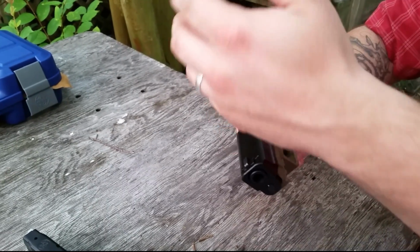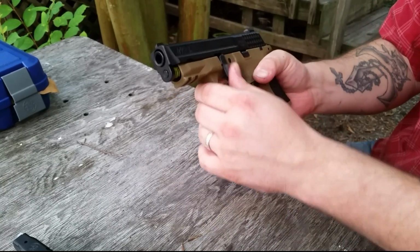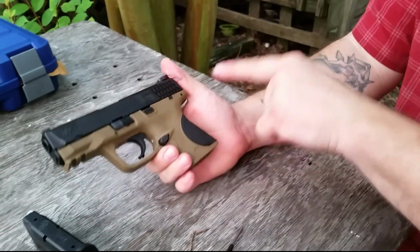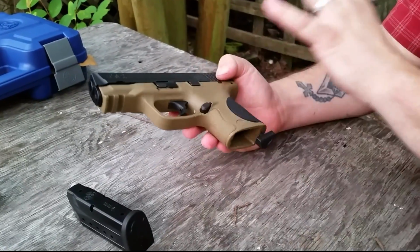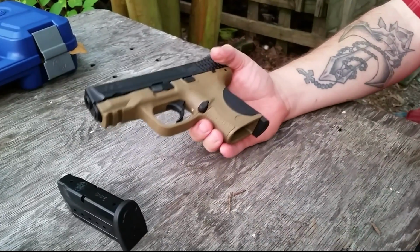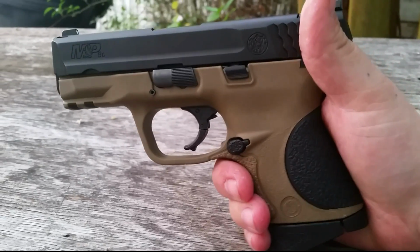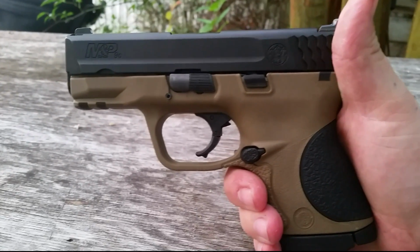And, you know, one of the big things for me, this tends to ride, wants to close on you. So one thing I found, push it back, then push it up, and then close it. That's a prime example right there. And at least for the Shield and the other compact that I own, they're not the most refined guns. You know, sometimes you think, like, at least I have, why is this thing so good? And one of the big things that I've thought about and why I go back to the M&P line,